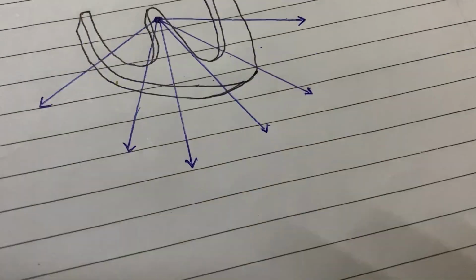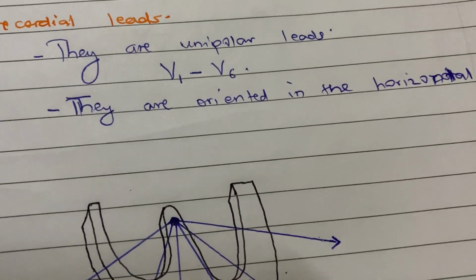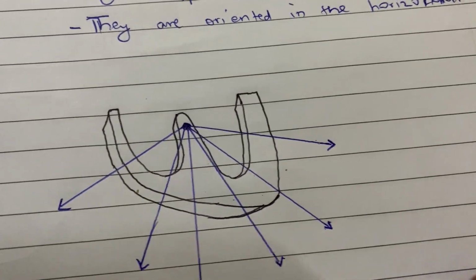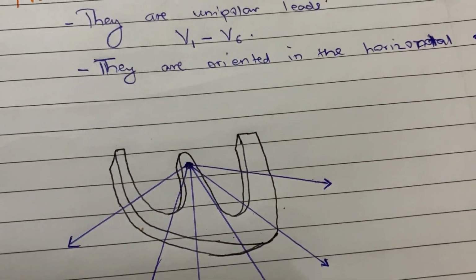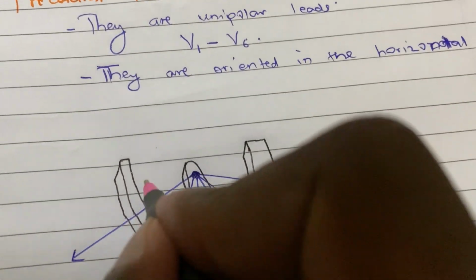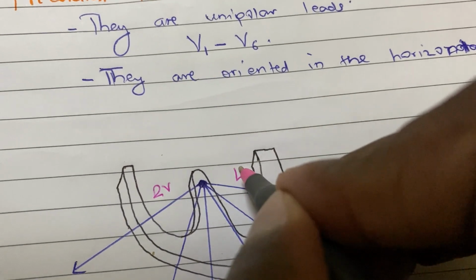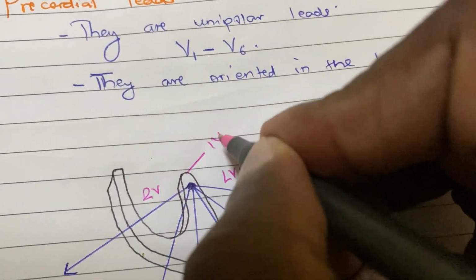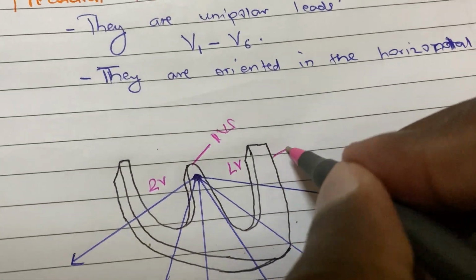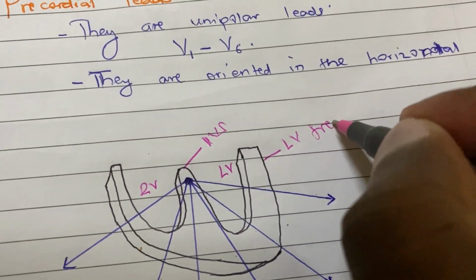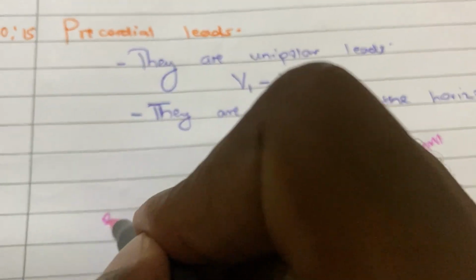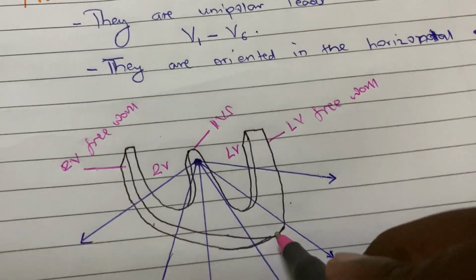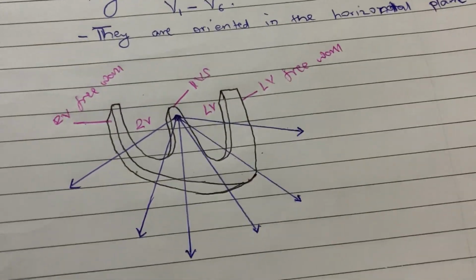I'll show you. This is our piece of myocardium, and it is reflecting the RV, and then LV, and this one is the interventricular septum. This is the LV free wall, and this one is the RV free wall. And this one is the apex, we know. So this is the orientation of